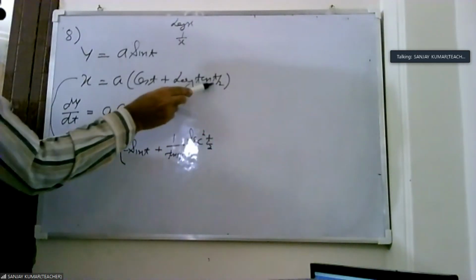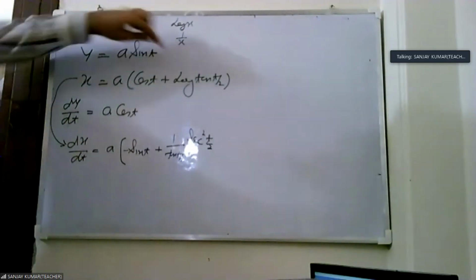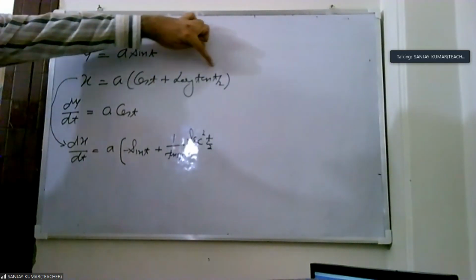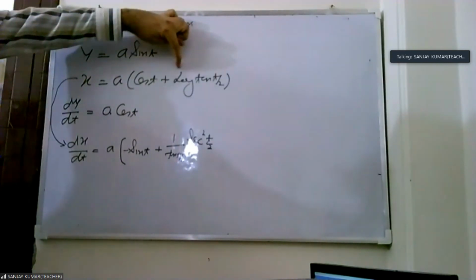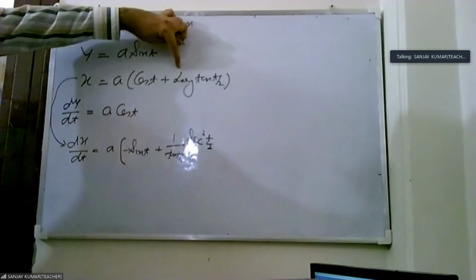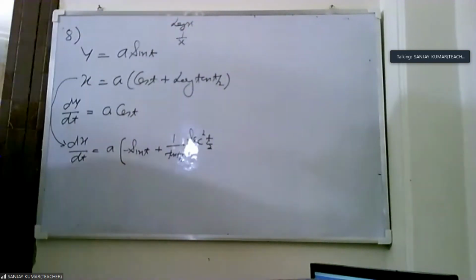Here you use the chain rule again, because the term tan has also an angle. The term is tan and the angle is t by 2. So tan t by 2: the first is log, then tan, then t by 2. First we differentiate log, that is 1 by tan t by 2. Then we differentiate tan, that is sec square t by 2. Now we differentiate t by 2, which is half.